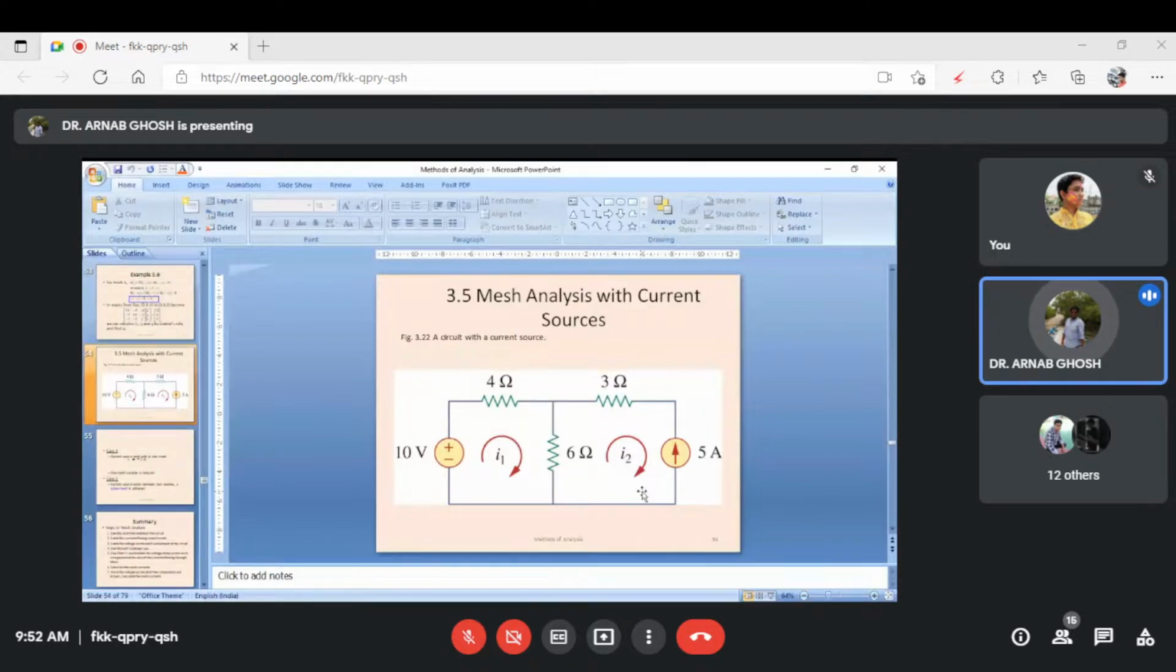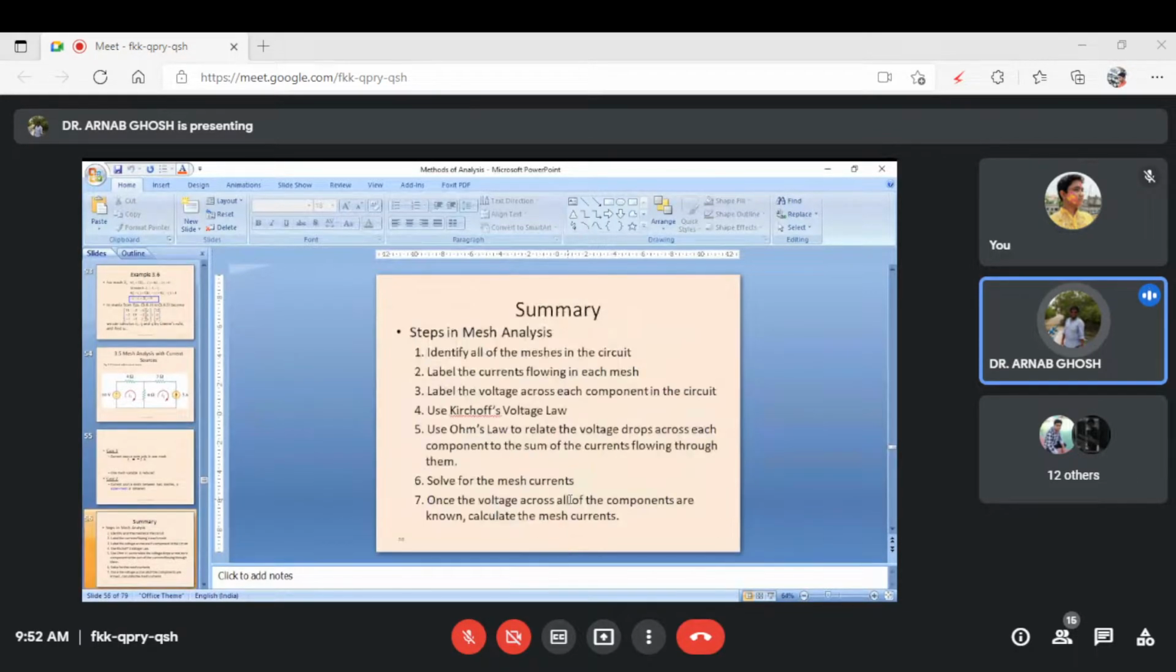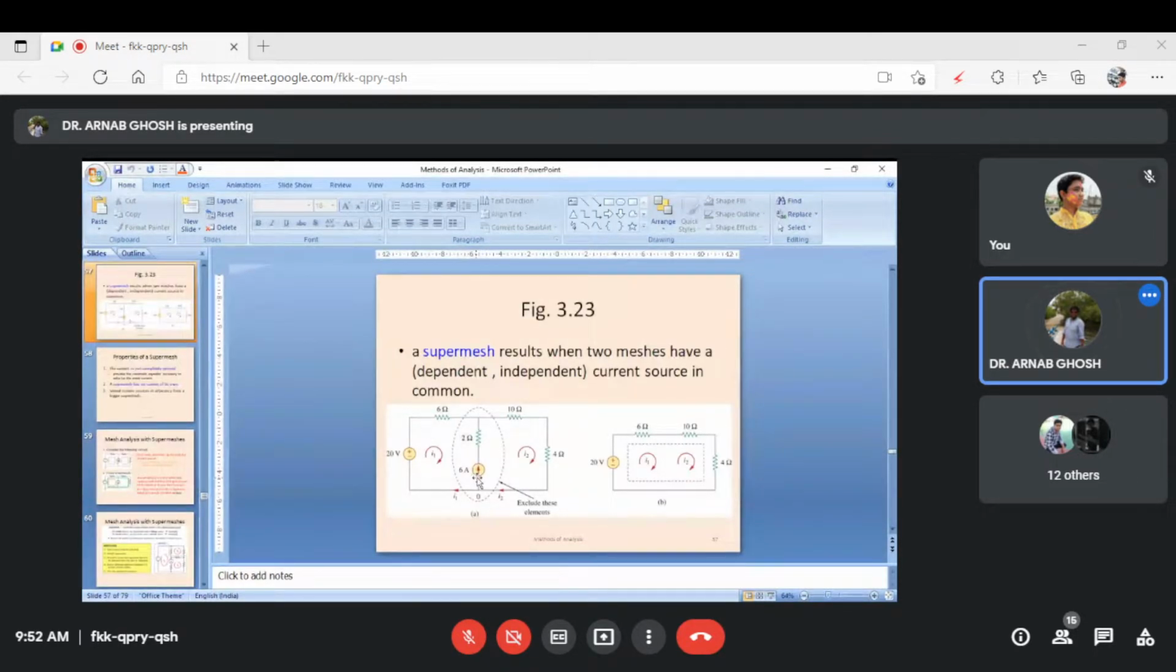But the second case is if you have this current source in between the two loops. So if it is placed in this part, see this part, this case is called a super mesh. So when you have a current source in between two loops or in between two meshes, that is a super mesh. So what you can do, you already have one constant equation for this 6 ampere,